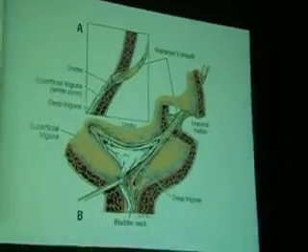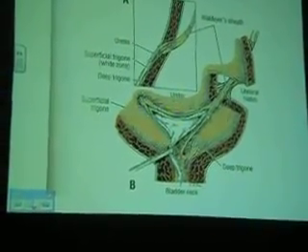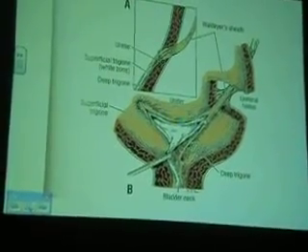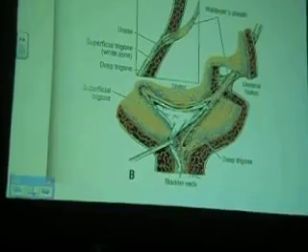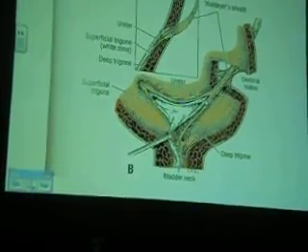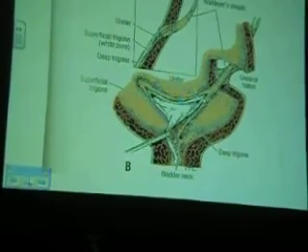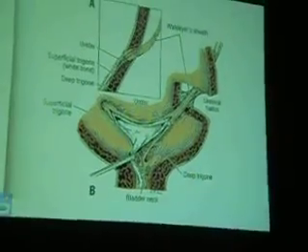And the key structures to look for are these bars, Mercier's bar and Bell's bar. And in that vicinity is where they will see the orifices. The books will tell you they can inject dye into the bladder. But if you don't find it at the first drop or two of the dye coming, with the dilutional effect, you'll find nothing because everything will be colored by the dye in the urine. So it is there.